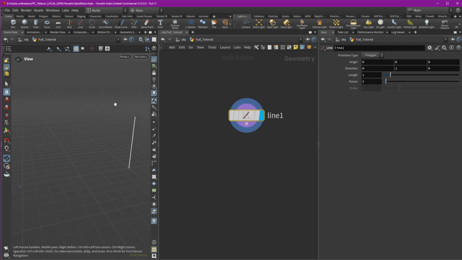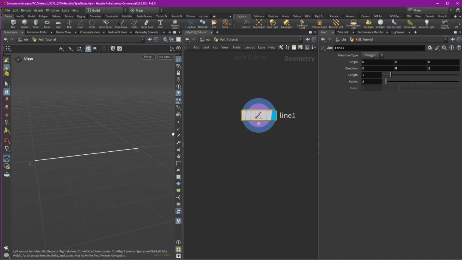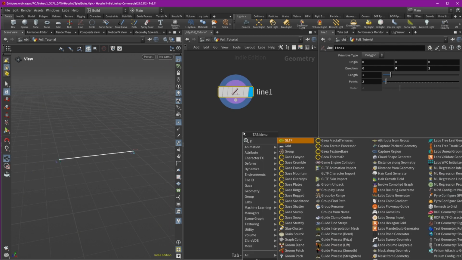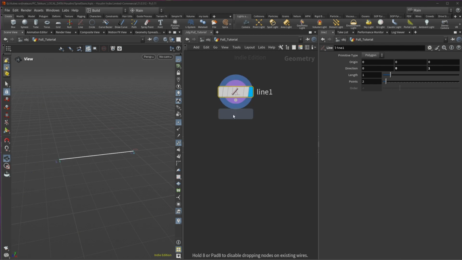And we will start with the steps. So we will use a line and make it horizontal by setting one in the Z direction. Then we will group the out point to later use it to create the poles. So we drop a group node,